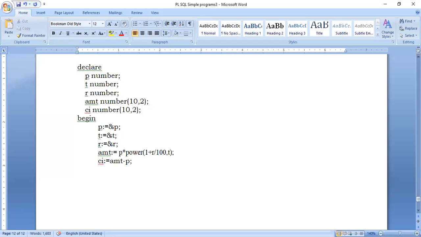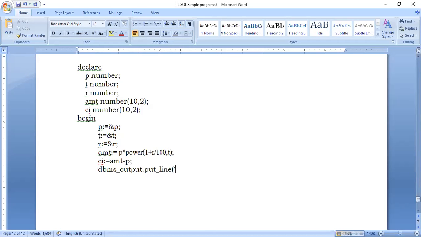Fine. Now if I want to display it, what do I have to say? DBMS underscore output dot put underscore line.